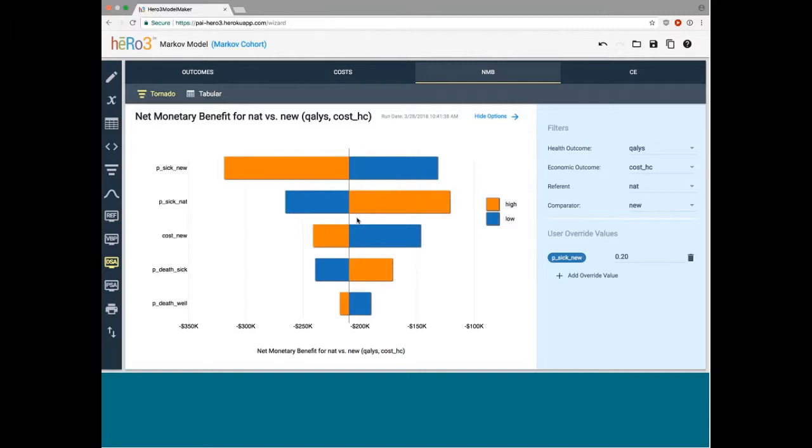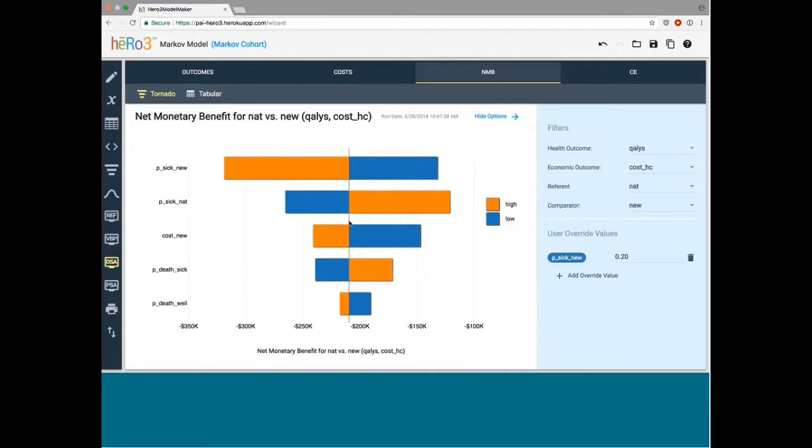So we've got base case results done, we've got value-based pricing, we've got deterministic sensitivity analyses, and right now we're in the process of developing our probabilistic sensitivity analysis module. And so really the goal here is that immediately after you've set up your model, you're going to have all of this available to run, all these results available to you. Now for VBP, it's just a matter of defining essentially what strategy you're running it for and what your price parameter is that you're working with.